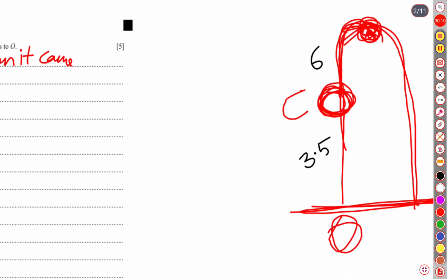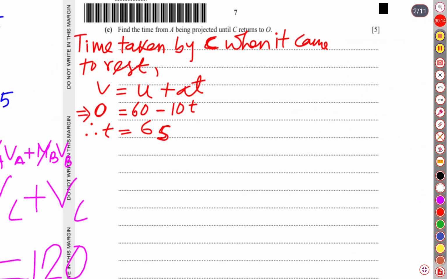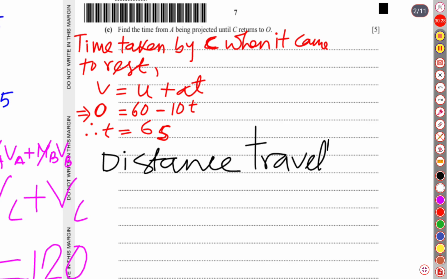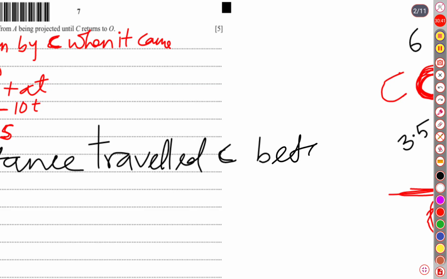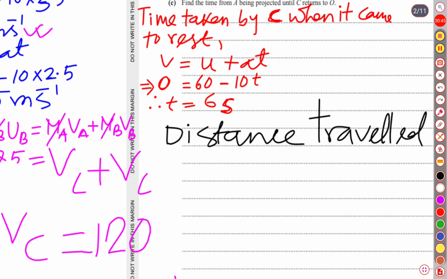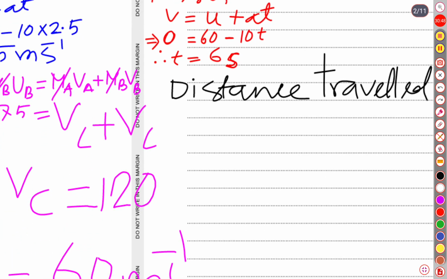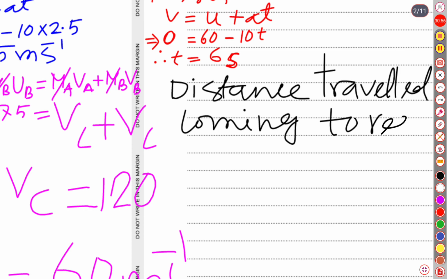So we can write: distance traveled by C before coming to rest. Okay, and we know the displacement, distance or height formula is